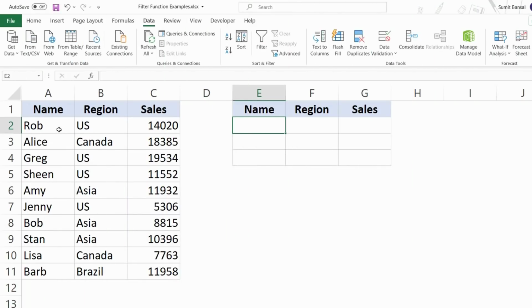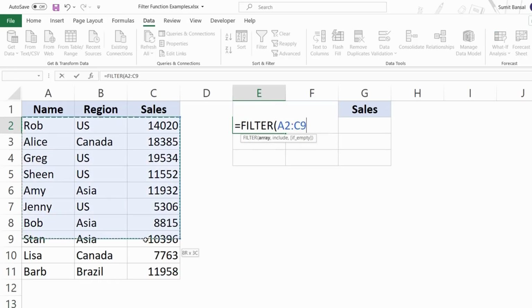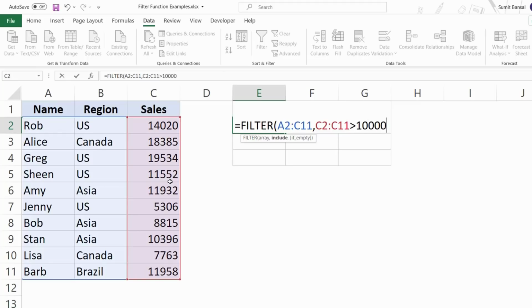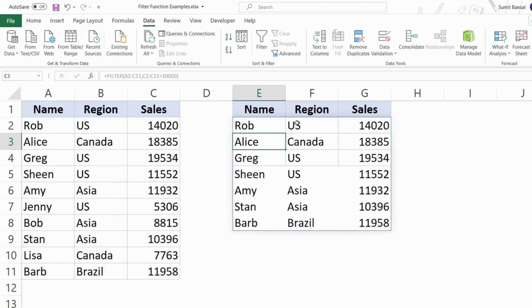In this example, I want to quickly filter all those records where the sales value is more than 10,000. So I would come here in this cell, type the filter formula. This is my array. And my condition in this case would be this column. So I would check each and every cell in this column here and see if it is more than 10,000 or not. And now when I hit enter, it would instantly give me all these records where the sales value is more